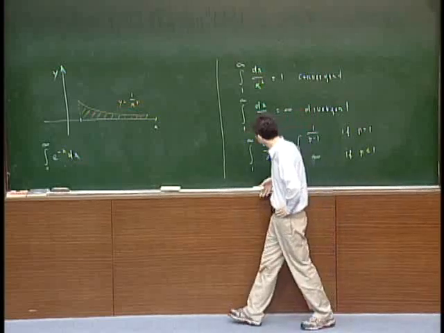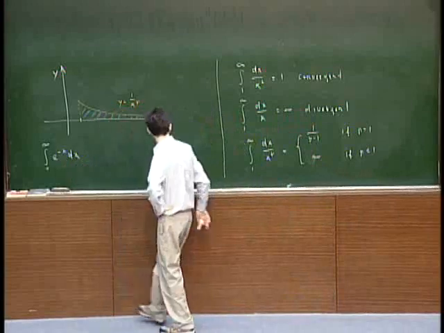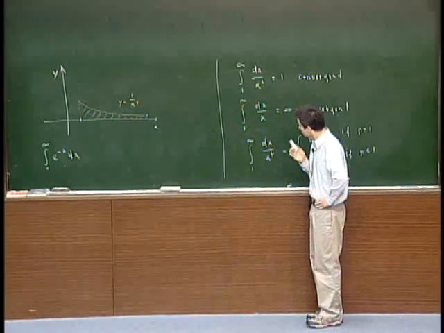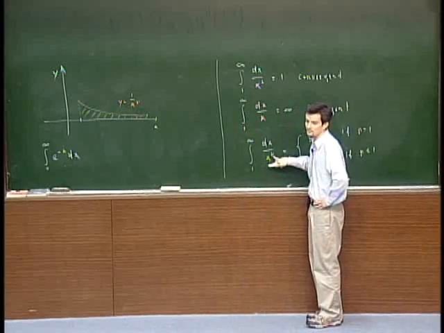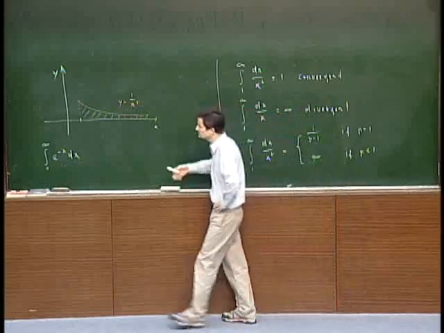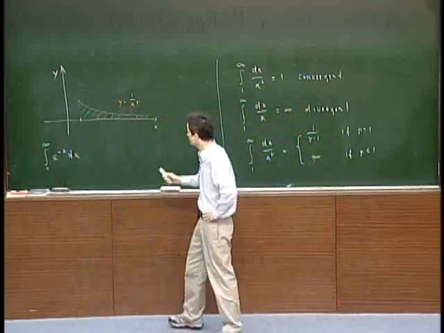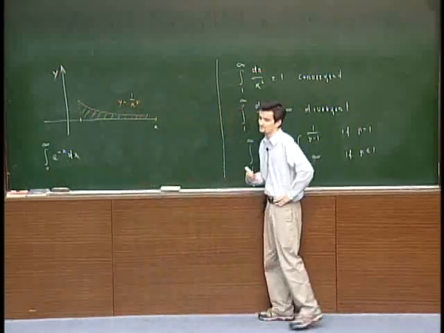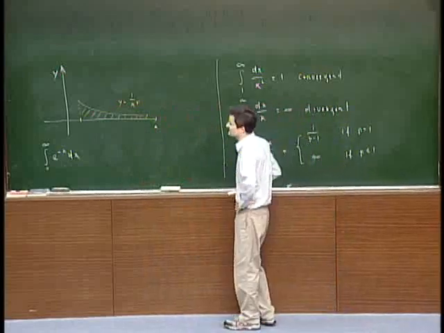So for x large enough, e to the minus x will certainly be smaller than 1 over x to the, for instance, square. And so this roughly tells you this integral should exist without doing any computation. I will make this precise in a minute, how to do such tests for convergence. But you should roughly understand